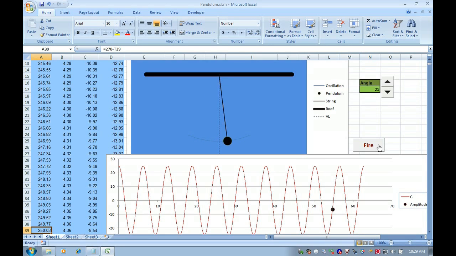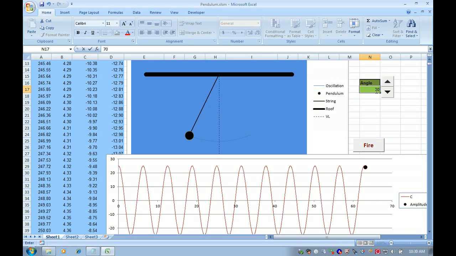As for physics, if the angle is small, the initial amplitude is small, then it follows a simple harmonic motion. What it means is the equation of the locus is a simple cosine or a sine curve. But if the angle is very high, the equation is not accurate. However, here we have only followed a cosine graph.